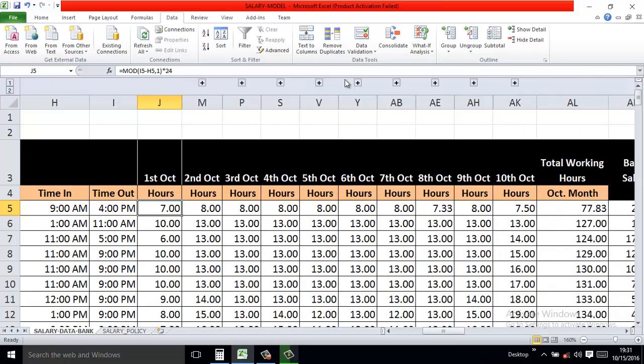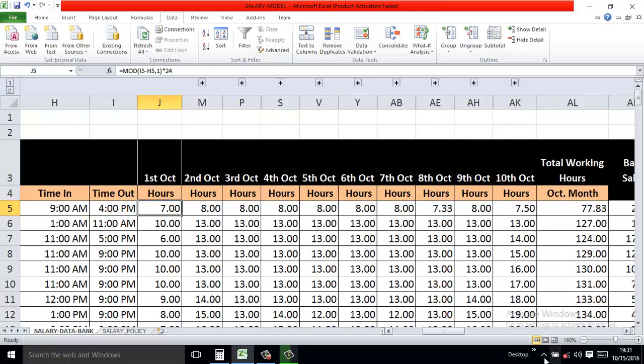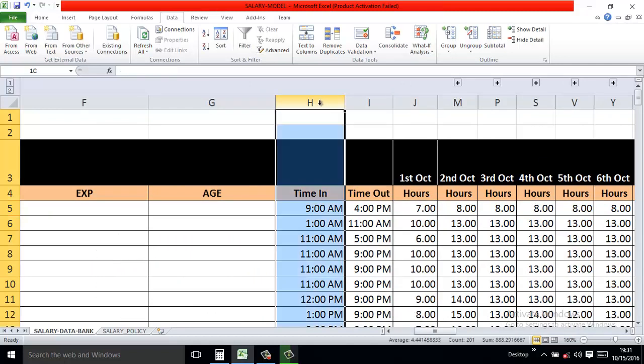So here I'm going to use a simple calculation for only one day of October, while the rest of the days I have already done. So if you have the concept for one day, then you can calculate for other days as well. To calculate the number of hours using time in and time out, I have to use a formula that